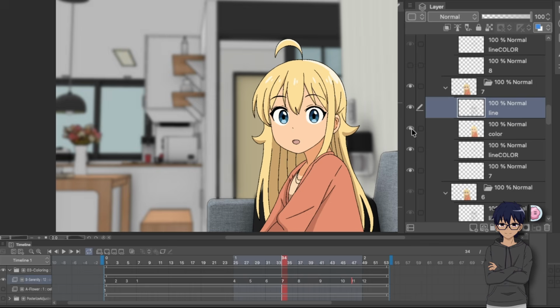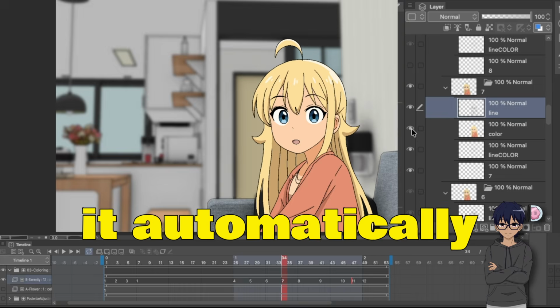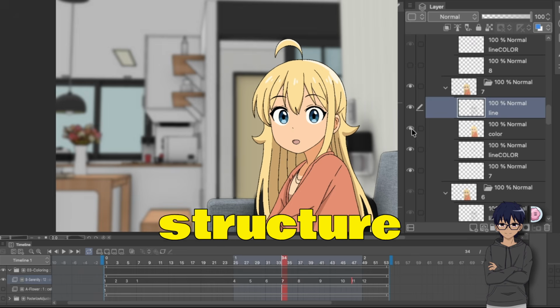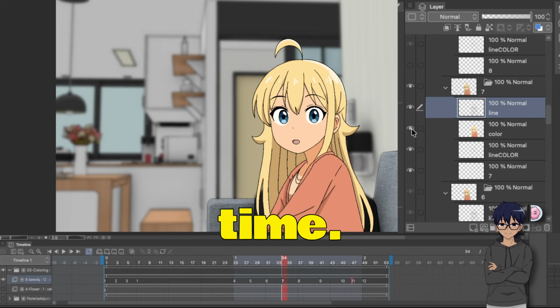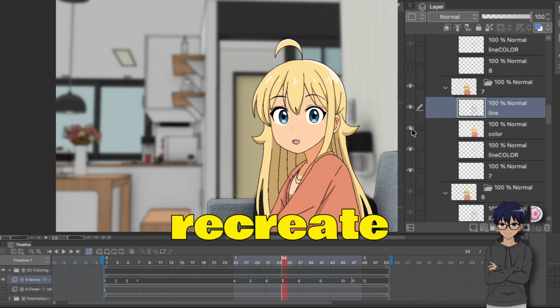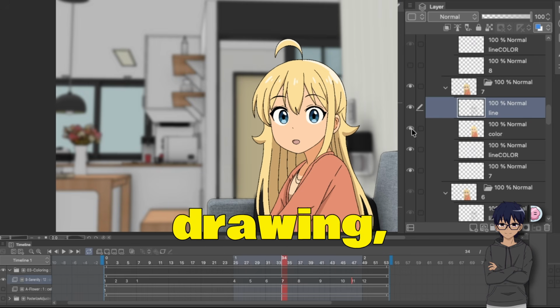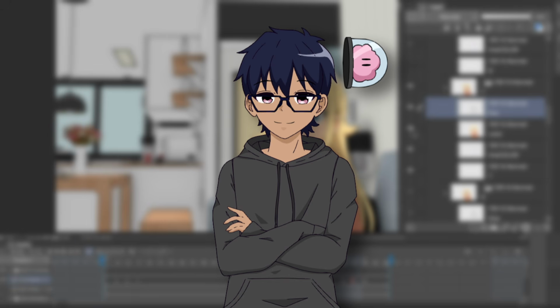But yeah, to summarize, you can set an entire folder as a keyframe, and then when you duplicate it or create a new keyframe, it automatically creates that same layer structure for you every single time. You don't have to manually recreate your layers for every new drawing, it just does it automatically. This alone saves me so much time because I used to sit there creating new layers and renaming things over and over again for every single frame, and I know a lot of you are probably doing the same thing